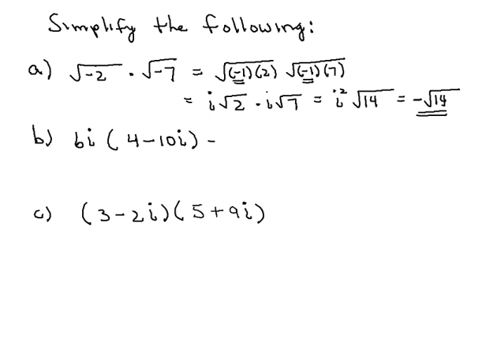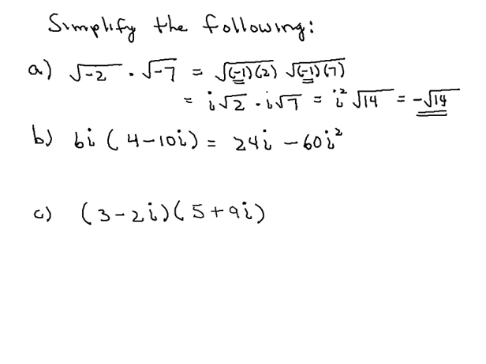Now for our next example, we're going to think of the i in each of these terms as though it were an x, so a variable. So we're going to simply distribute the 6i on the outside of the parentheses through both terms inside. So the 6i times the 4 will give us then 24i. And then the 6i times the minus 10i will produce minus 60i